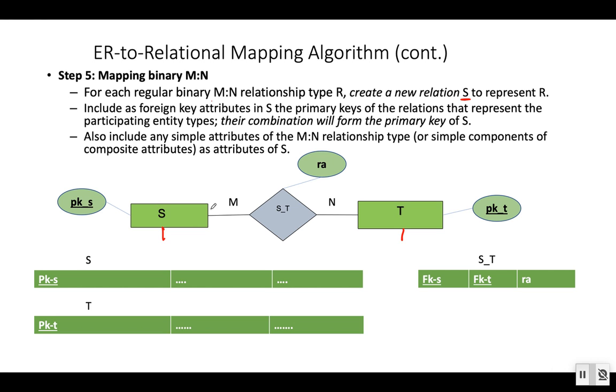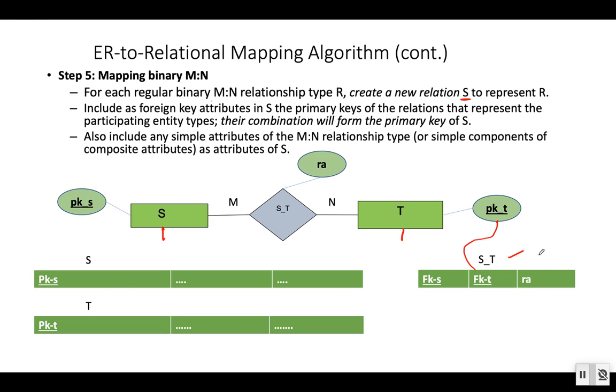For each M to N, for each many to many binary relationship, we are going to create a separate relation, a separate table. So we are going to include as foreign key attributes the primary keys of the relations that represent the participating entity types, and their combination will form the primary key of S. Now in this new table, we are going to include one foreign key from participating entity type S